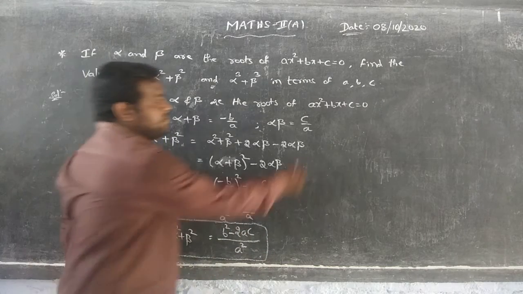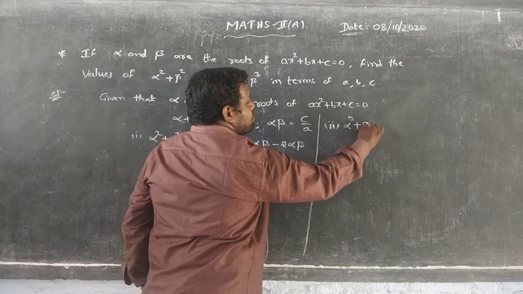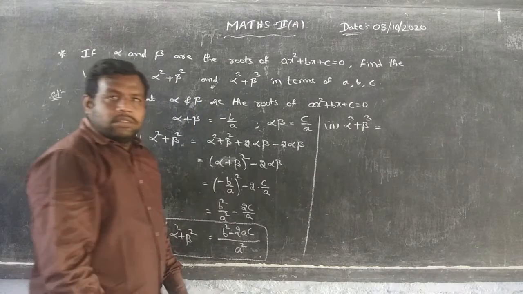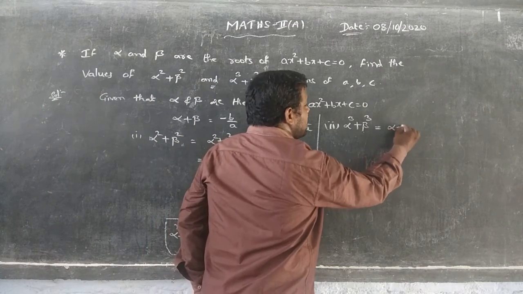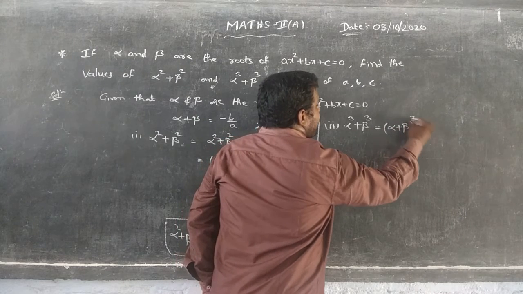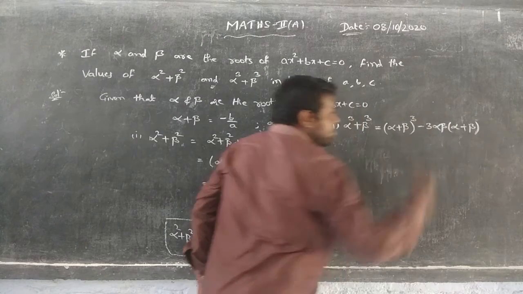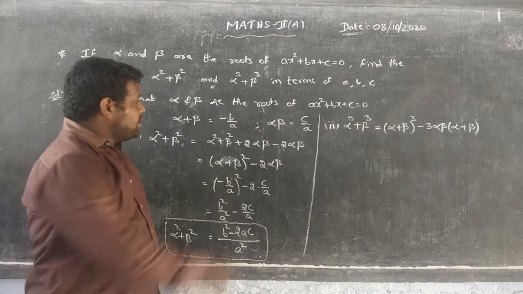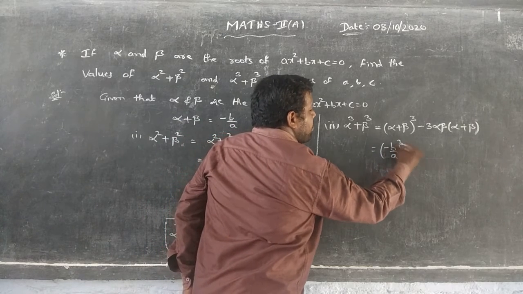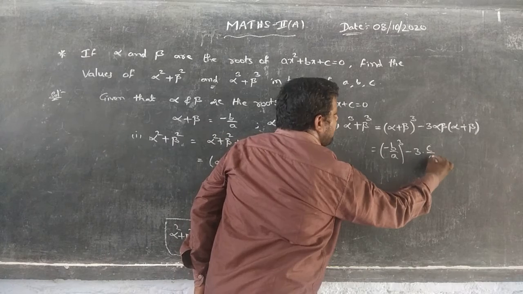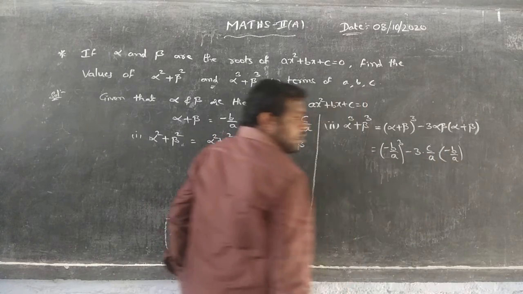What about the second one? Alpha cube plus beta cube. This term is in the form of a cube plus b cube. The a cube plus b cube formula is a plus b whole cube minus 3ab of a plus b. Alpha plus beta, we know that, is minus b by a, whole cube, minus 3 into alpha into beta, c by a, into alpha plus beta, minus b by a. So minus whole cube means